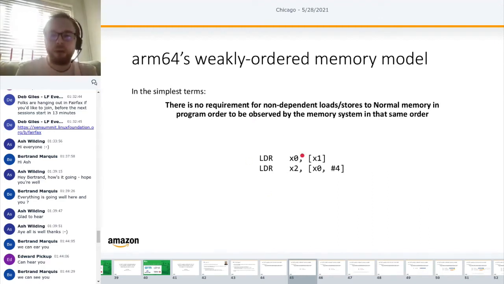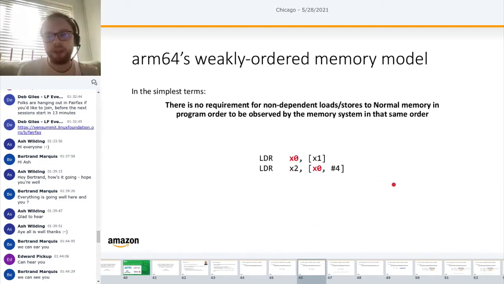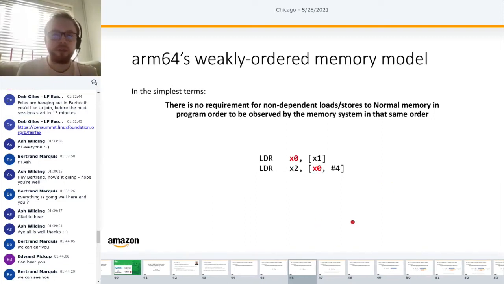Now, the code you can see on the screen here is two loads. The way that you read this is the x1 being in the brackets; you can think of that almost like dereferencing a pointer. So what we're saying here is load the value at the address held in x1 into the register x0. But you can see that the second load computes an address from the value that we just loaded into x0. It takes that x0, adds 4 to it, and that forms the address that we then load into x2. Now, these are what we call an address dependency,